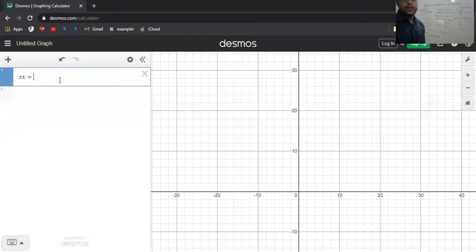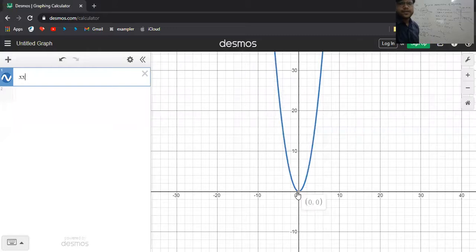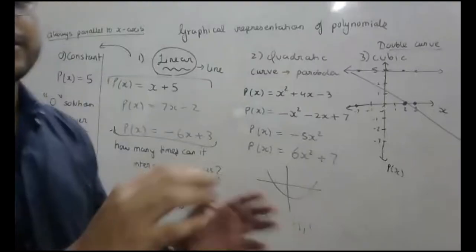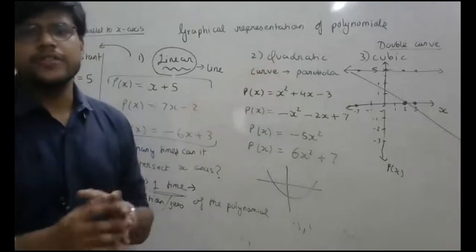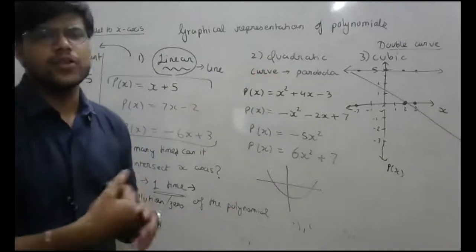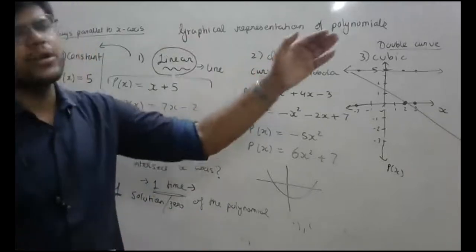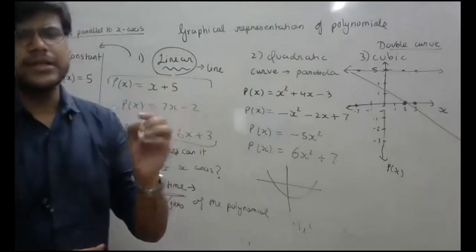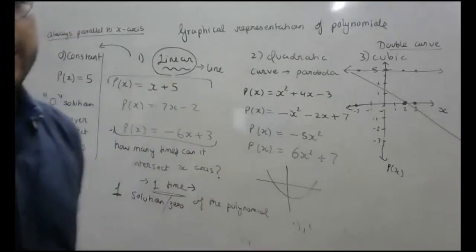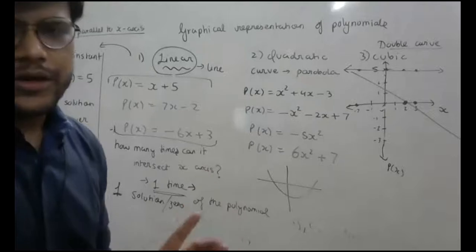Achha, if we write only x square, how many times is it touching the x-axis? One time. Only one time. So it is important to understand that in a quadratic equation, it's not that you will always be getting 2 answers. Maximum you will get 2 answers. There is a possibility that you may only get 1 answer, and there's also a possibility you may not get an answer. Okay?